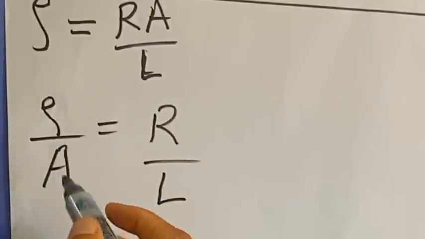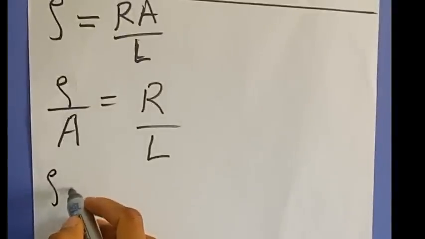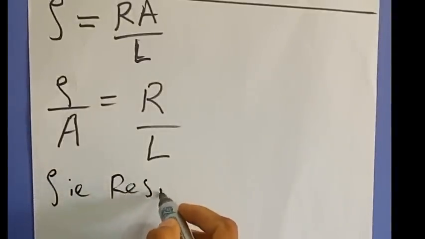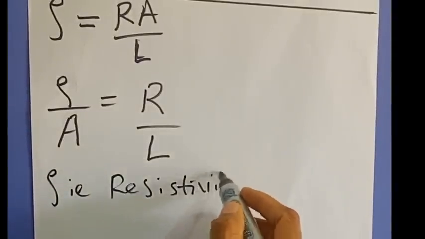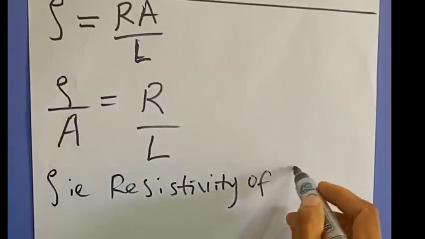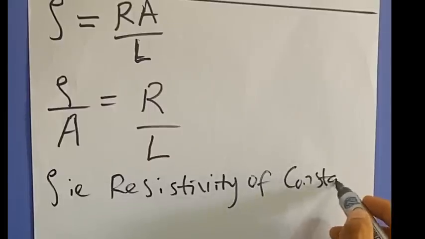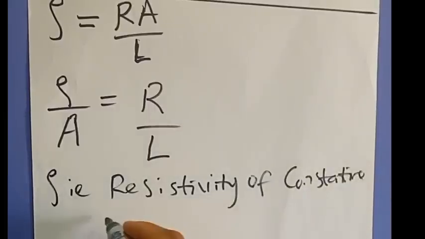It means that if we know the resistivity of the Constantine wire,